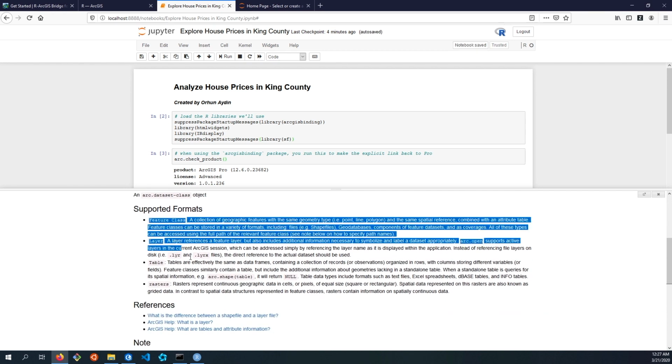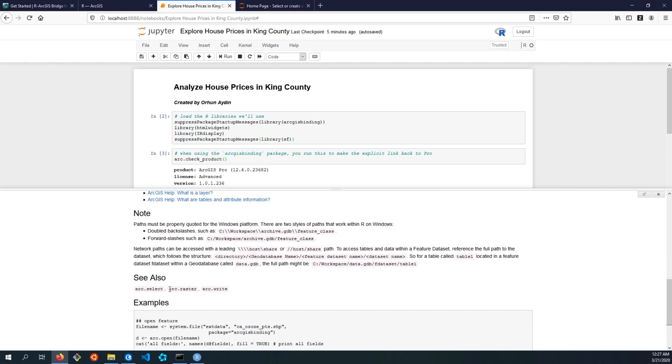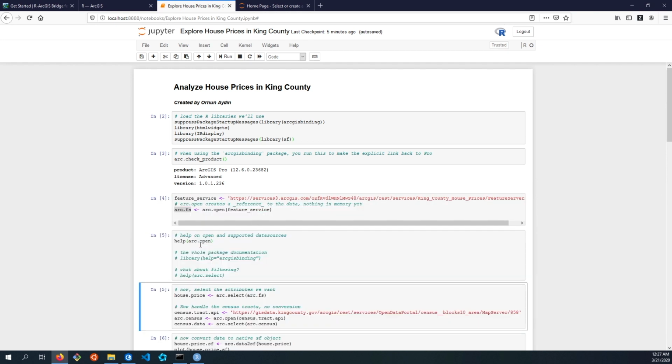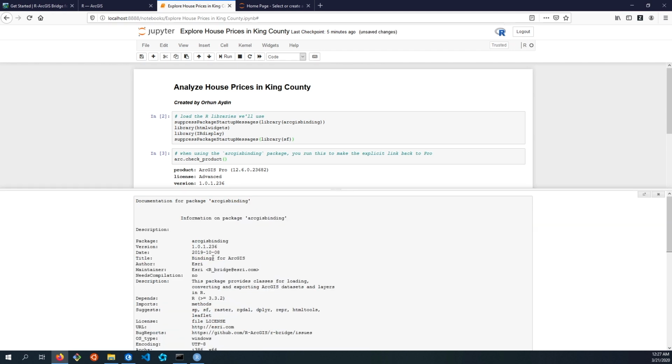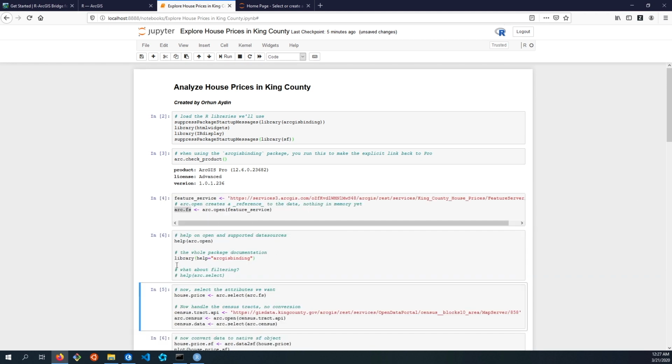It'll provide some details about the kinds of things it can take as input, including things like rasters, how to work with different formats of paths, pretty much everything you need to know. And we could do this for, say, the whole library, get back information about everything that the library supports, all of its methods. We also could do this for things like our next step, which is running arc.select, which is